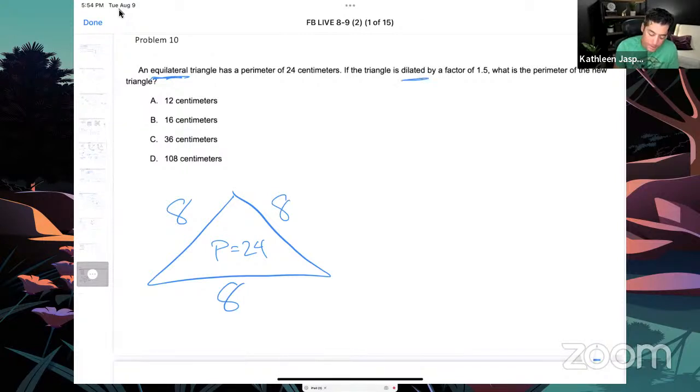Now, this can be a confusing term because,